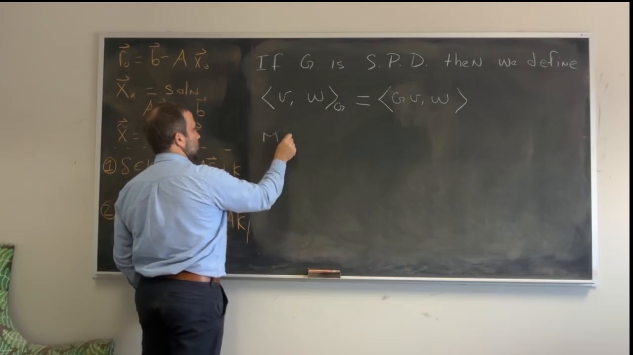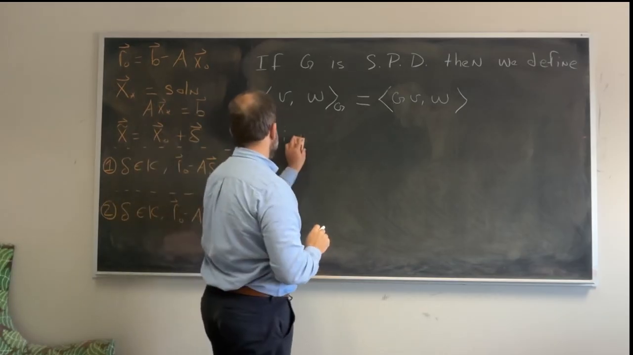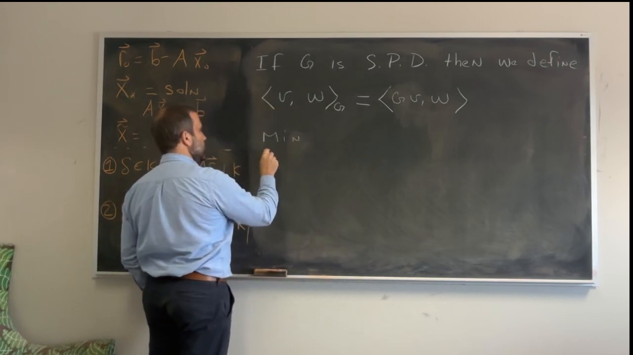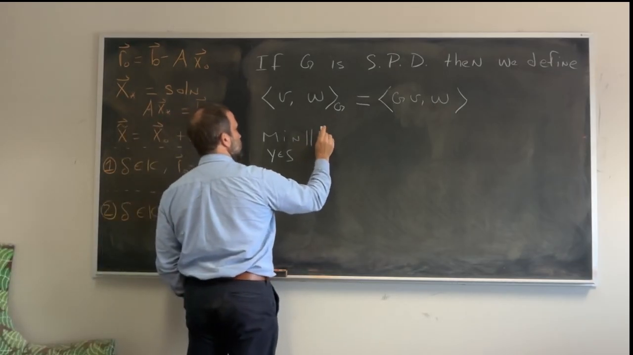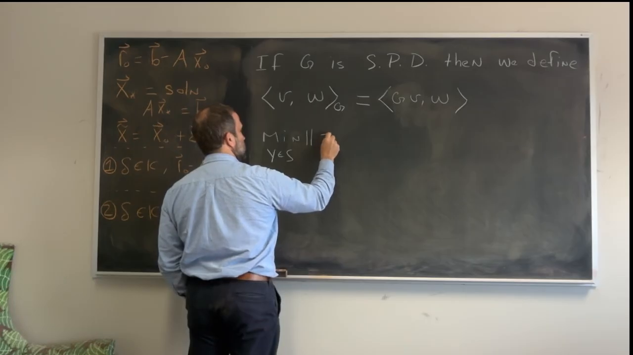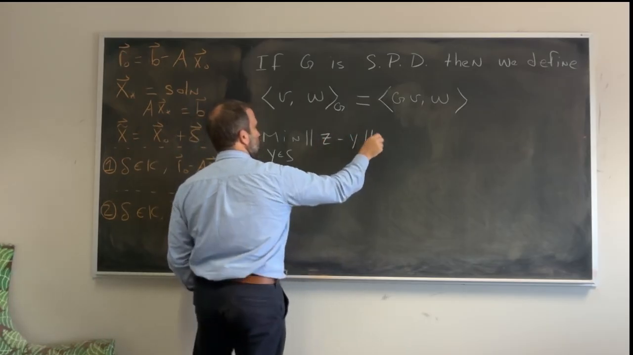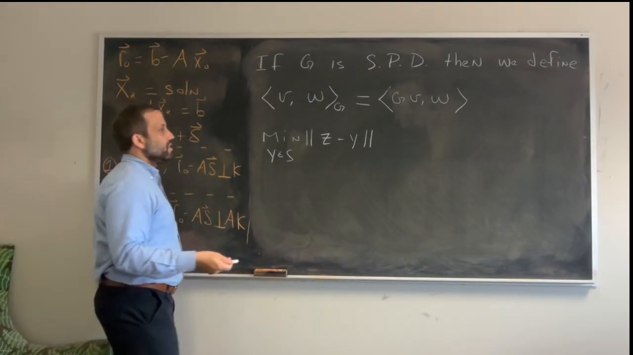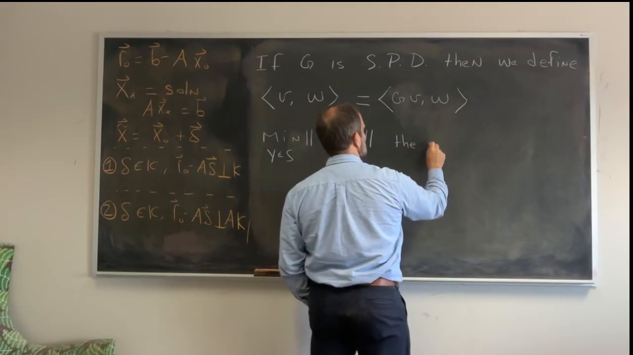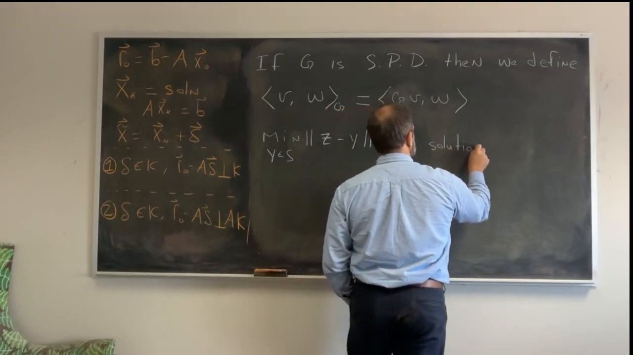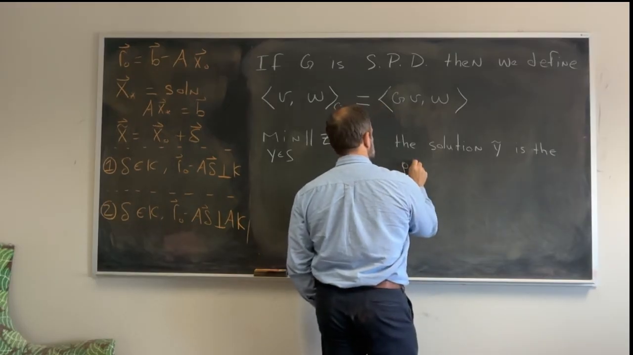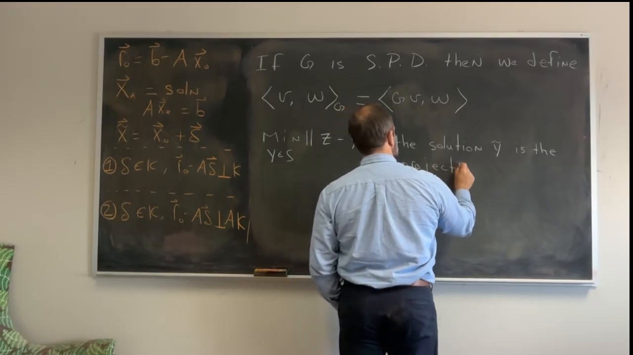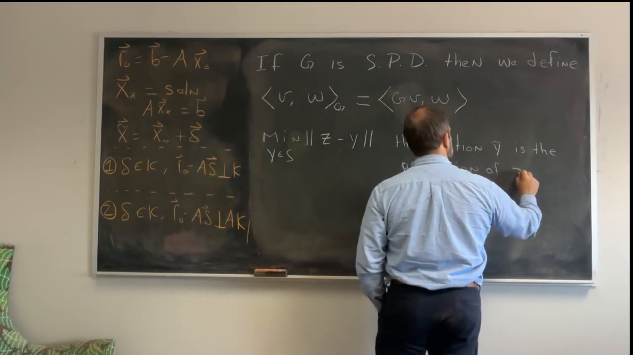Anytime you want to minimize something like this, for y in some subspace, I'm just going to call it S, where S is some subspace, an expression of the form z minus y, relative to some norm, the solution, which I'm going to call y tilde, is the projection of z